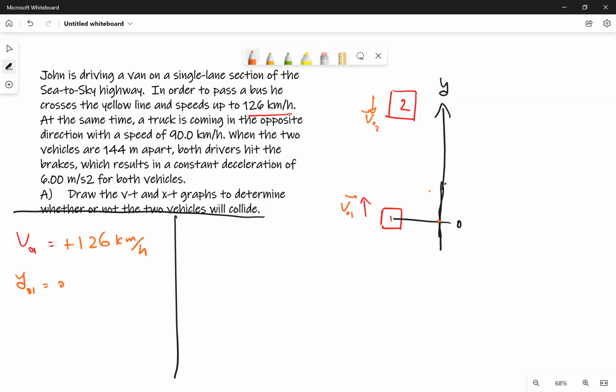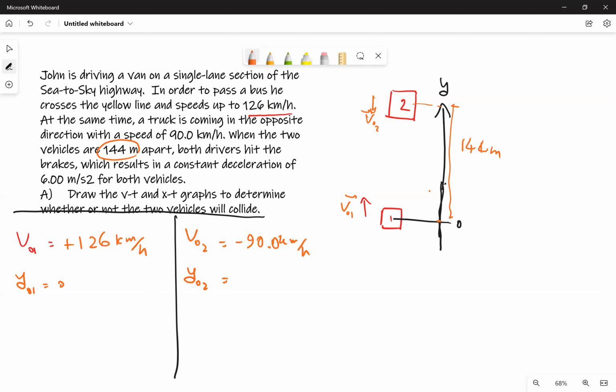And let's say for the V02, we know that V02 is going to be in the opposite direction. We said, okay, it's going to be 90.0 kilometers per hour. Okay, and Y02, the initial position of the second vehicle, what does the question say? The question says that they are 144 meters apart when they first see each other. So this distance is going to be 144 meters,